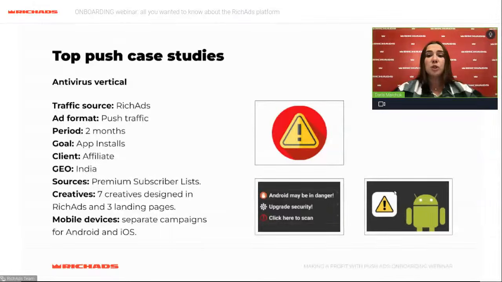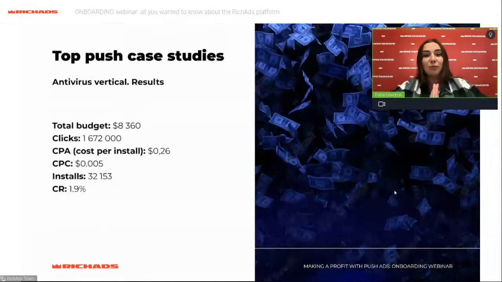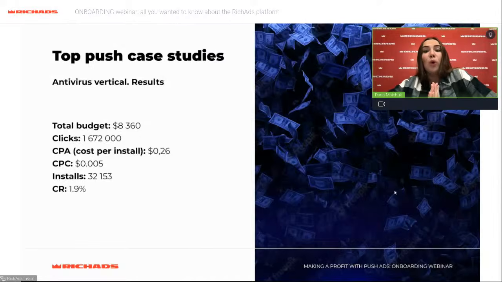After applying automated rules and micro-bidding, the results got even better. So our client decided to increase the daily budget and scale both campaigns. What were the results? Well, they were more than satisfactory, to be specific.